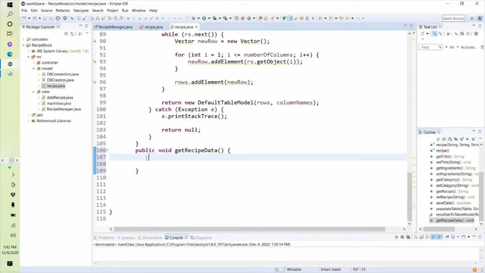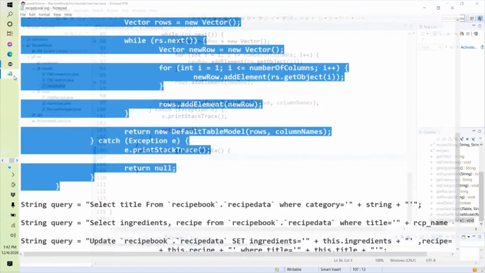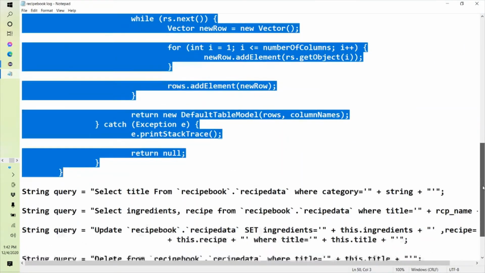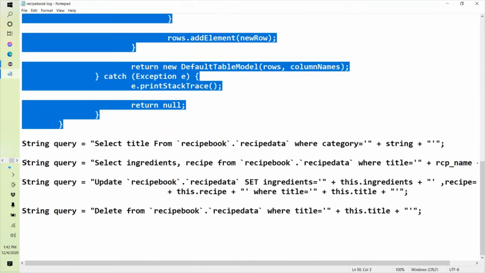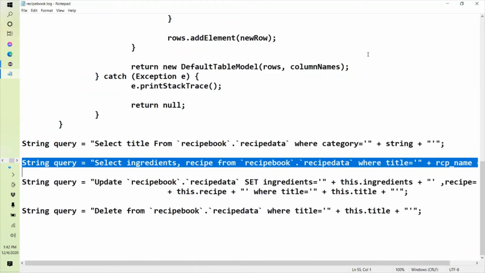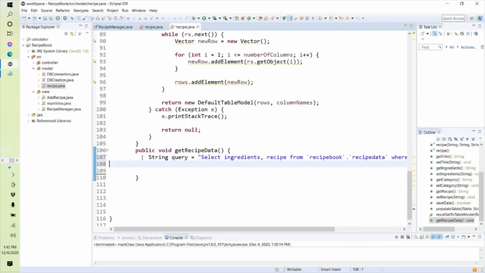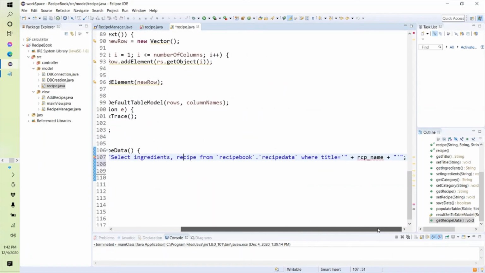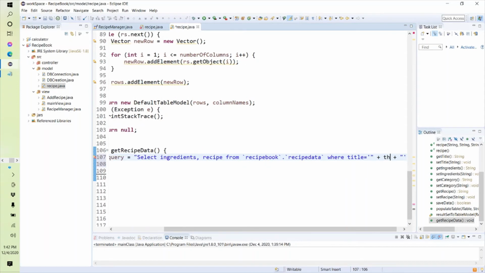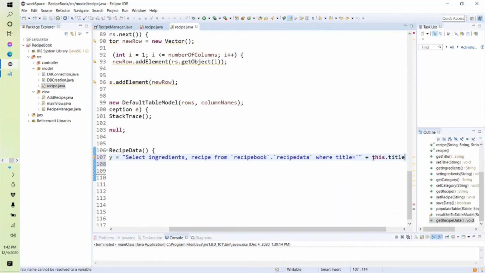Now I need a query to get that particular recipe data. So I have the query already right here. So this particular query is returning the ingredients and the recipe, where the title of the recipe is this, right?